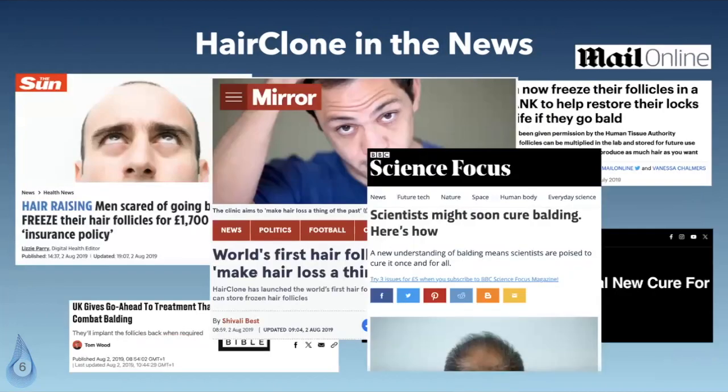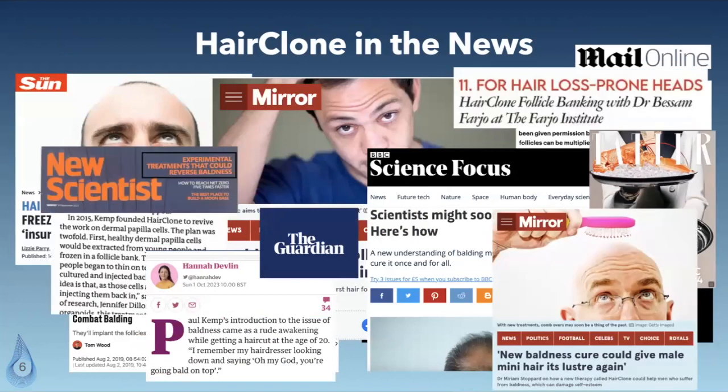So we have lots of public interest in this. Obviously, it's a massive issue, hair loss. And so the media are really keen on it, and the public are really interested in it. And so we've been featured quite a lot recently, most recently in BBC Science Focus, which was a week or 2 ago, and in The Guardian, New Scientist,